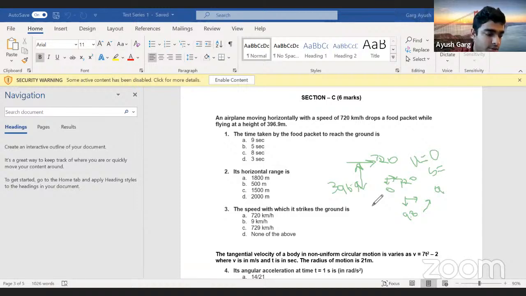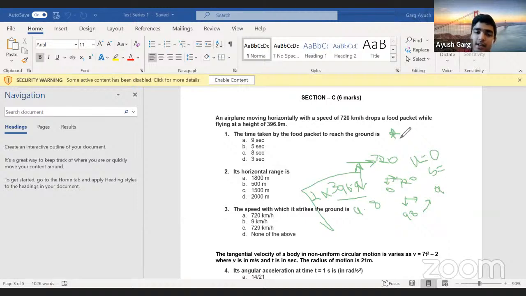Okay. Awesome. I'm not going to calculate it right now, but the question is fairly easy. This is going to become t equal to 2 into 396.9 upon 9.8, and then in the end you'll have to take an under root. The numbers are such that it will get cancelled and you'll finally get a decent answer out of these four. Now, whatever your time t comes, let's say it's x seconds,